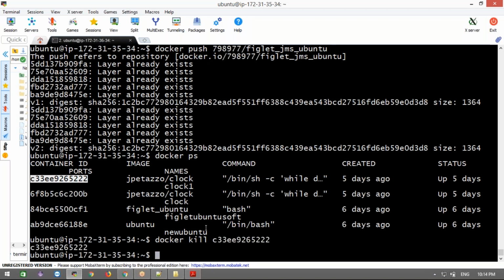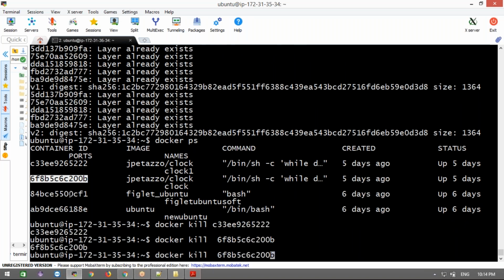Still, it is asking to do it forcefully, right? A running container, we couldn't stop earlier, right? We even saw it in the last class. What's happening? I think they updated it. Docker, it is killing. Okay, if you are not able to kill the software, let me do it.